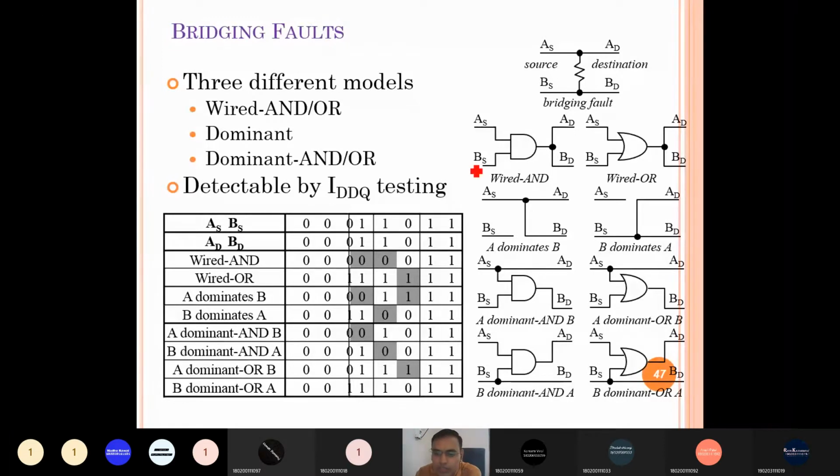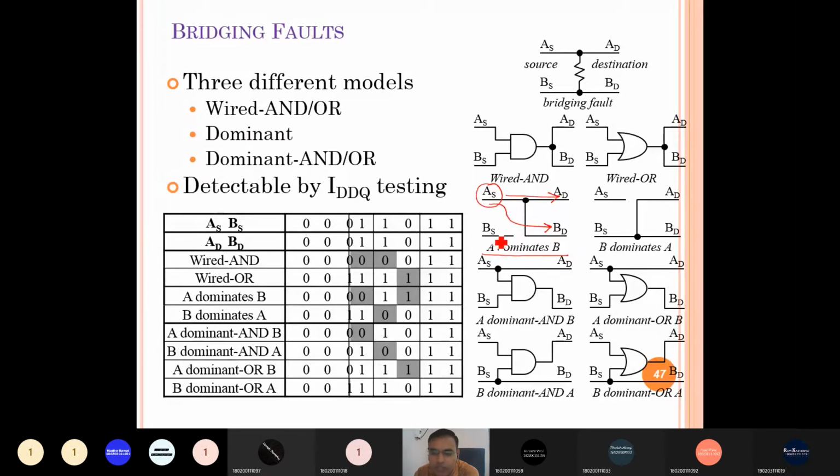So here, whatever the signal value of AS, it is assigned to this line, and due to the short and A dominant B, it is also assigned to the other signal line.